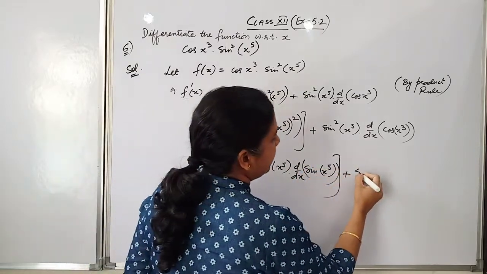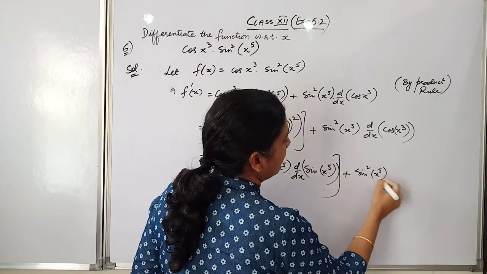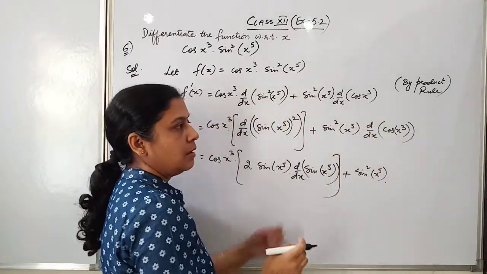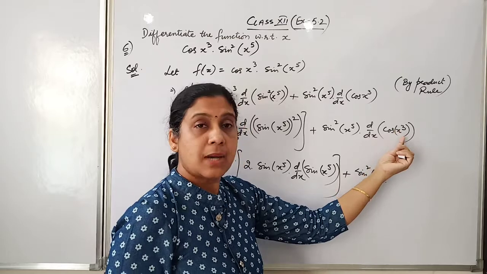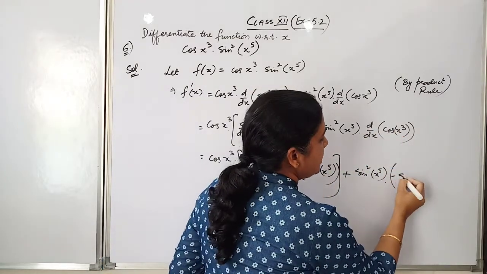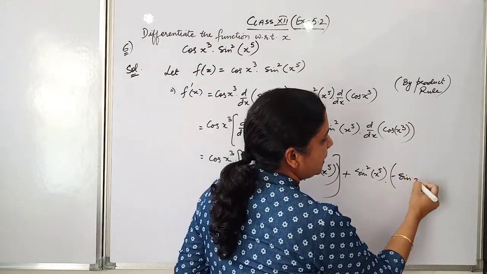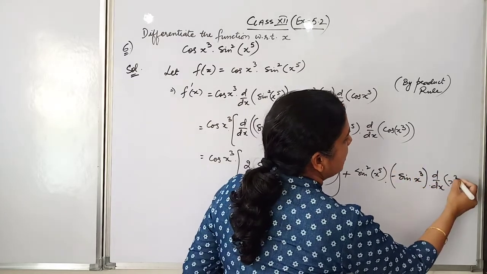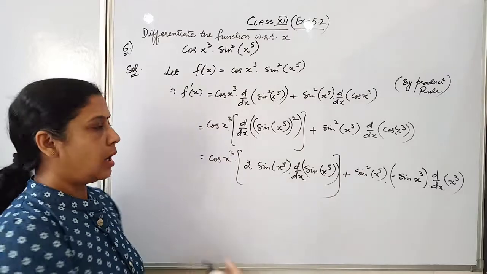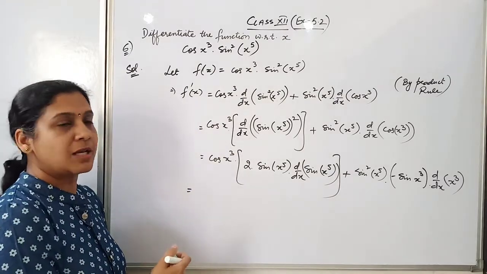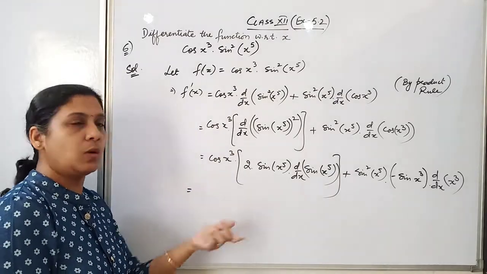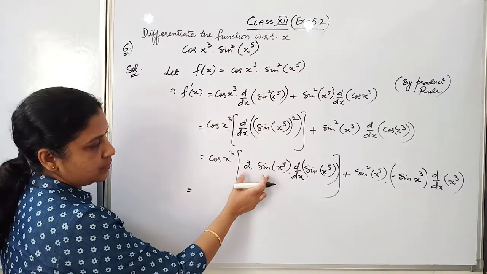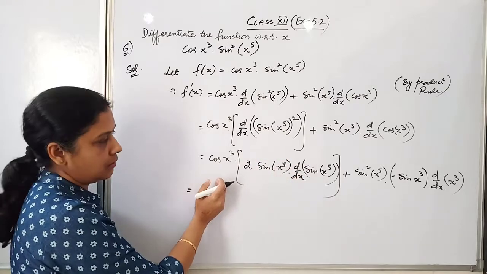Okay, and here in this term d by dx of cos x cube, the outer layer is cos theta, derivative is minus sin theta, minus sin theta is replaced by x cube into derivative of the inner function x cube. So one by one you have to understand this derivative process by chain rule. One by one the layers will be opened up into derivatives. I am going to multiply these two terms because these are out of the derivative effect now.